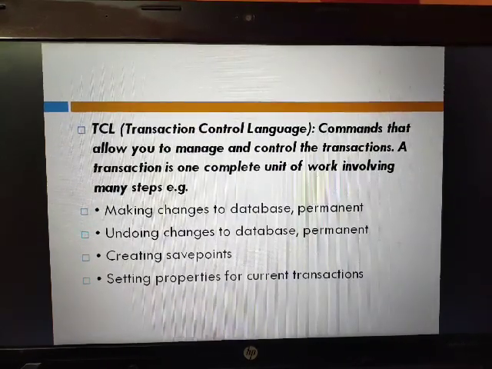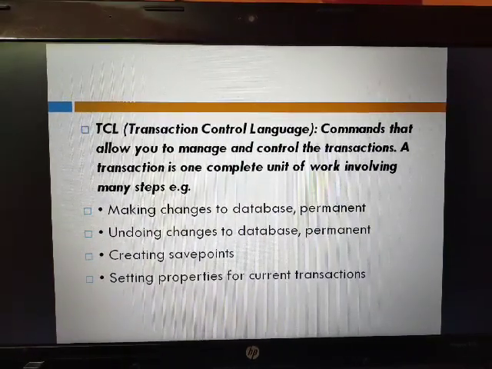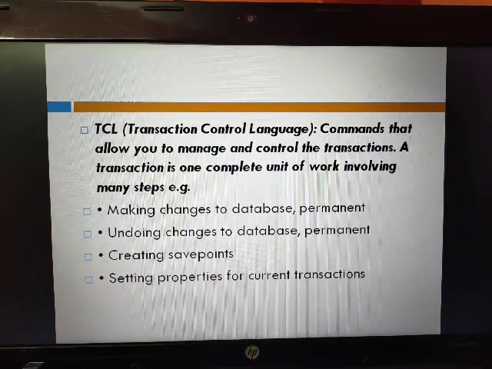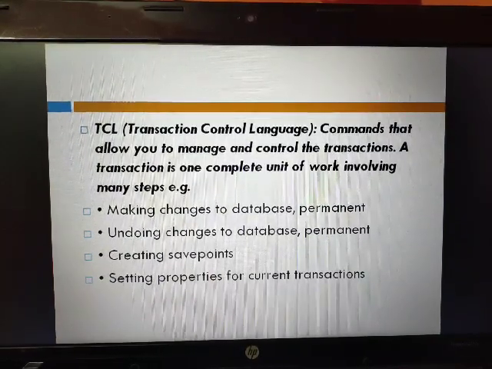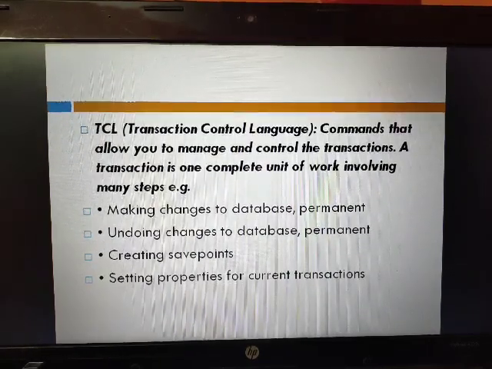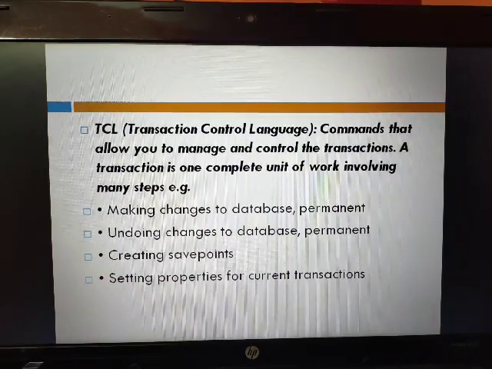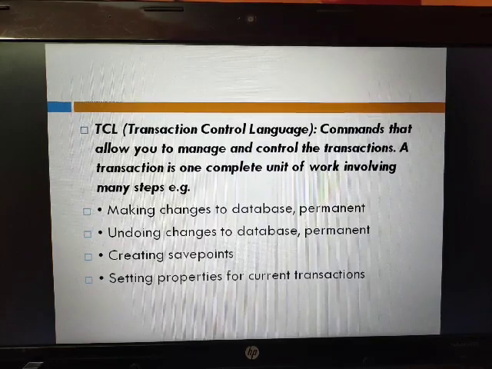Third is TCL, transaction control language, commands that allow you to manage and control the transaction. Basically you know the term transaction means credit and debit, similarly used in a bank.